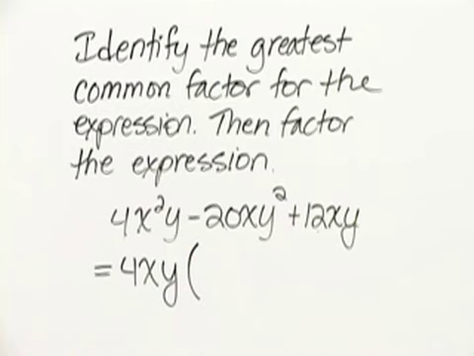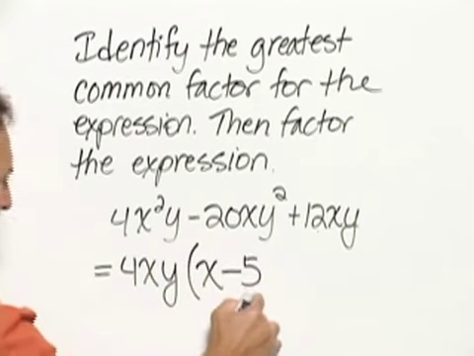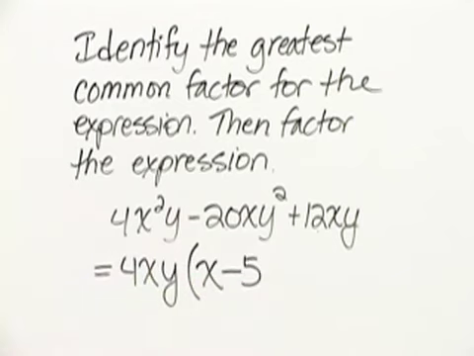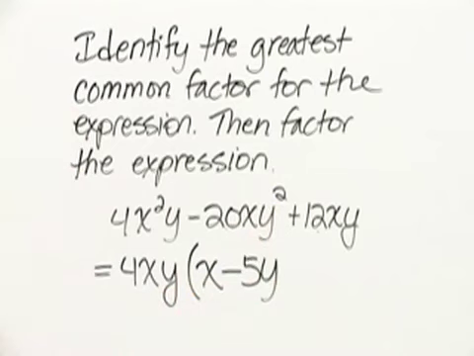So we factor that out, and when we factor it from 4x squared y, we would just have a factor of x remaining. Then we have the minus, and it would be 5, because 5 times 4 would give us the 20. And then the xy compared to the xy squared leaves us a factor of y.